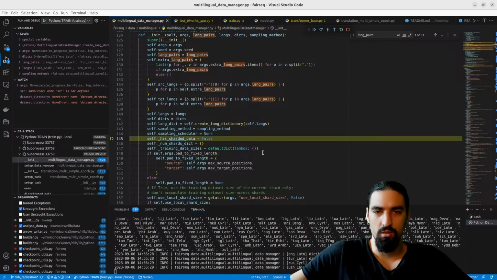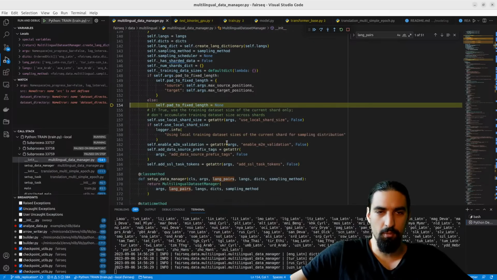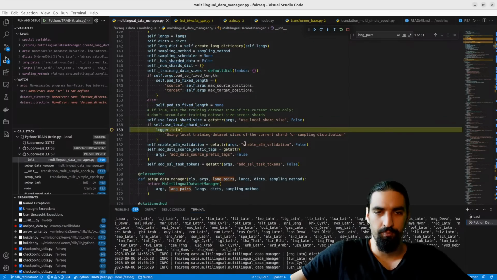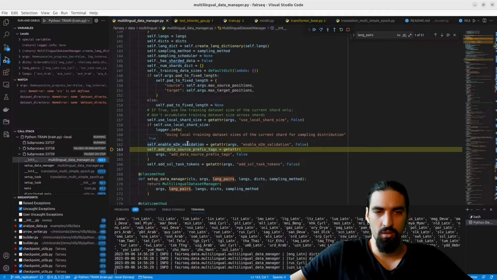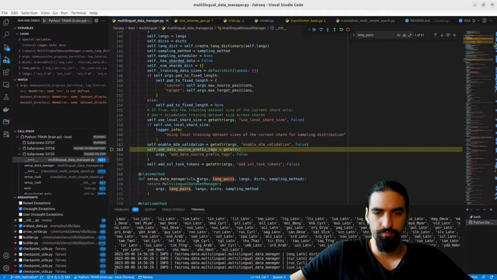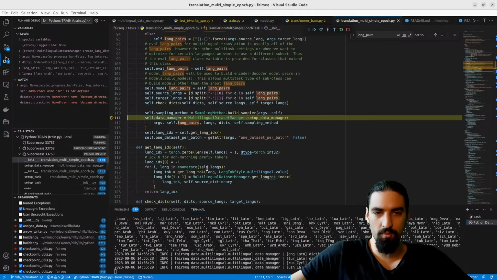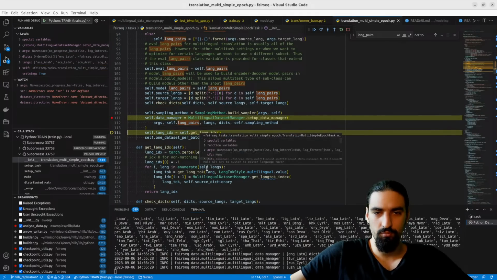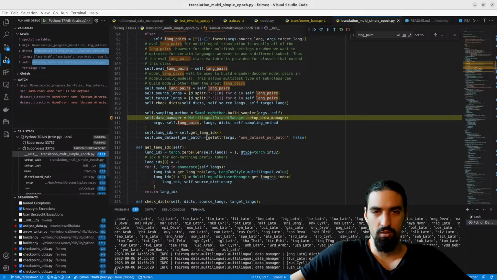Sampling is, I guess, the temperature sampling we saw before. Enable the validation true, whatever that does. Okay, so it just basically internally now has those languages. That's it.